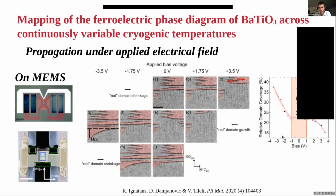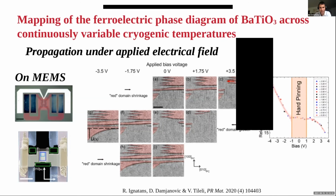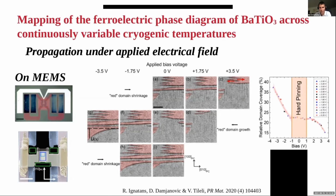And they found that when you stay in the range between -1 and 1 volt, you have almost no change in the polarization. It's what she calls the hard pinning mode. And then when you go to larger voltage, you have a larger displacement of the ferroelectric domain, where the pinning is softer. This experiment was done at room temperature, and then later on she moved to do the same experiment